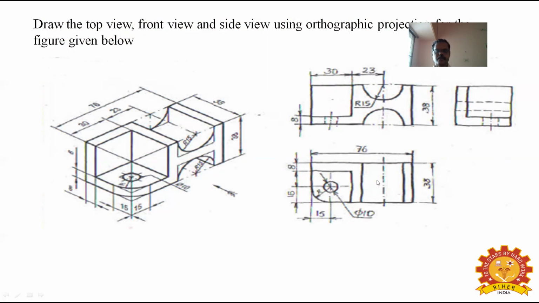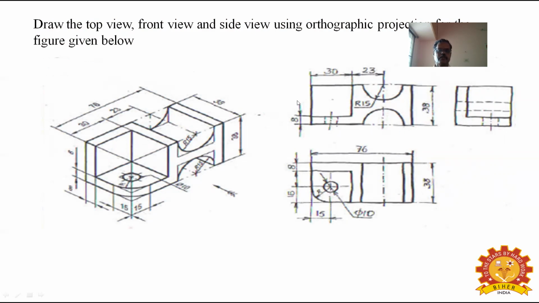Here, you have to draw the semicircle. The semicircle, when viewed from the top, is a flat surface only. In between, you have to draw a flat surface by indicating vertical lines. After completing this top view, you have to draw the front view. For the front view, the dimension is 38 by 76. First, draw the total height, a 76 by 38 rectangle. Within the rectangle, you have to mark all the parts.